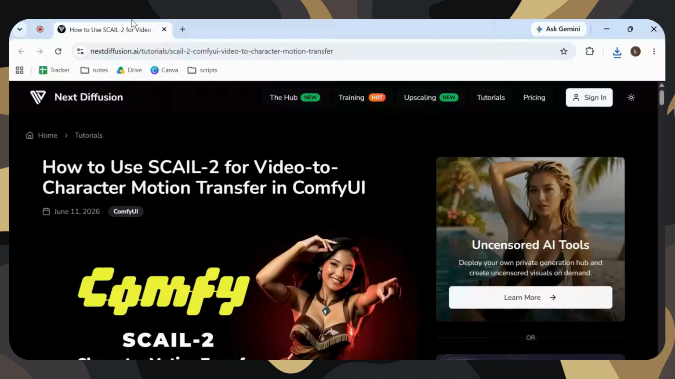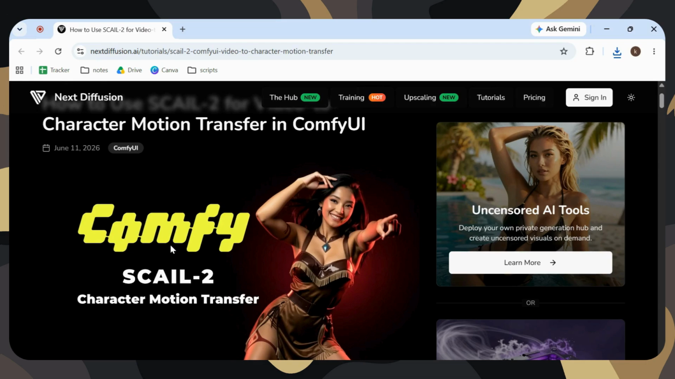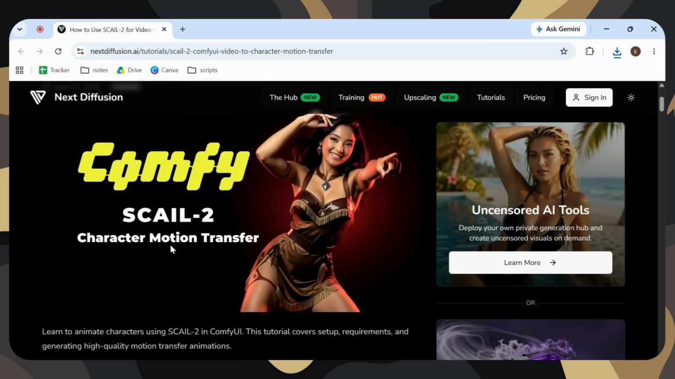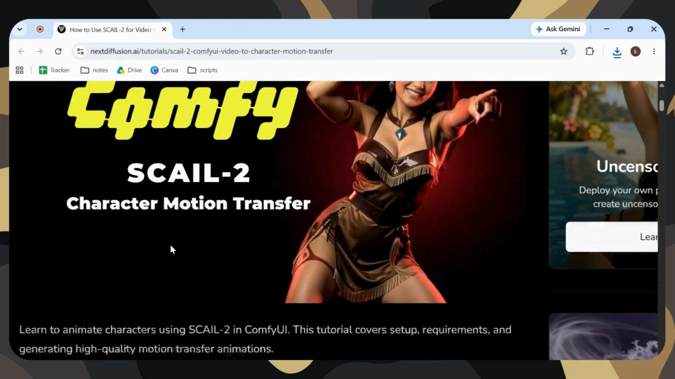Here's how to set up and run the SCAIL-2 GGUF motion transfer model inside ComfyUI to animate the reference image using a driving video in less than 3 minutes. Today I will show in a step-by-step guide how to get smooth motion transfer working even on GPUs with limited